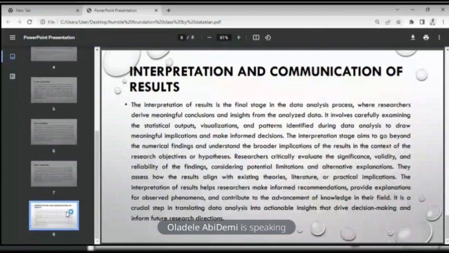Nobody knows the meaning of mean. Maybe you have a standard deviation in your data set and in your analysis, and you are not presenting it to your clients. No, you want them to know what those things actually mean in real life. You want to be able to tell them that in the next 5 years, this is what will happen in your business. It's not as if you just go there with figures. It is the interpretation and communication skill that you develop that's going to enable you to discuss the result of your analysis with your clients.